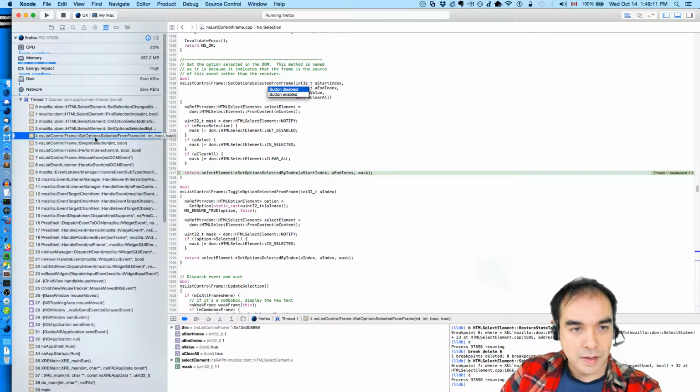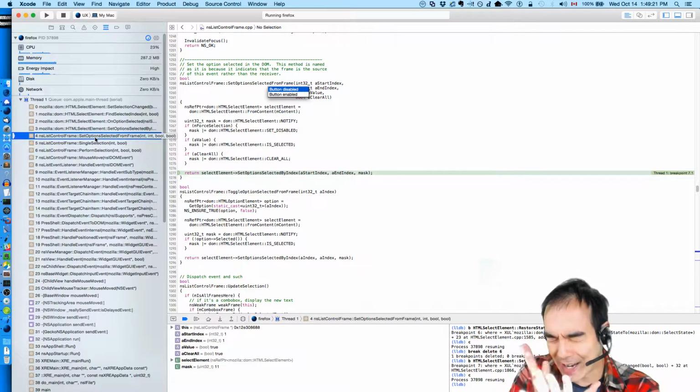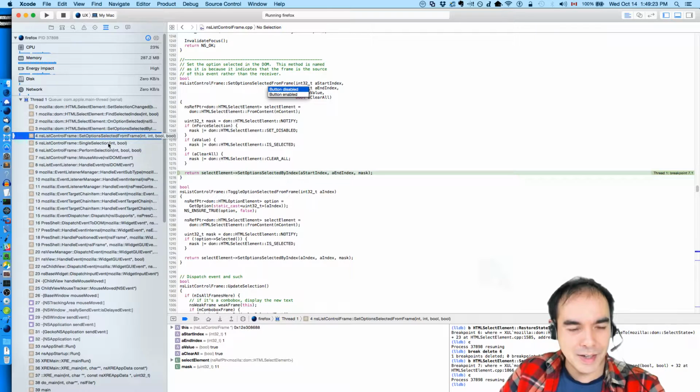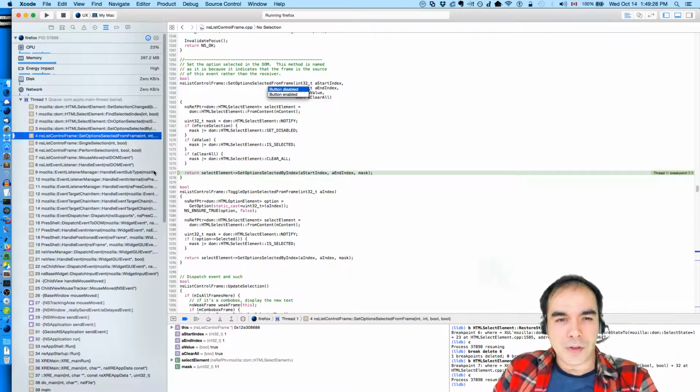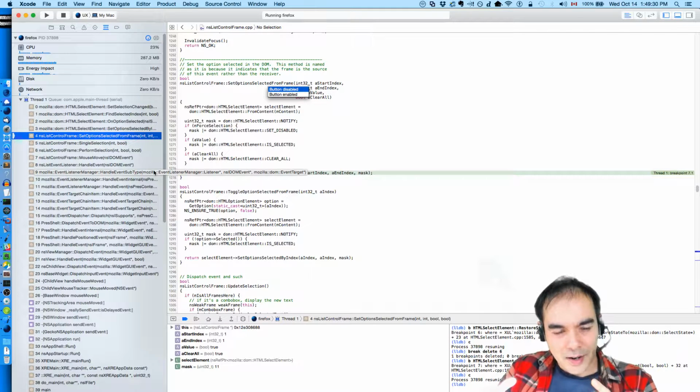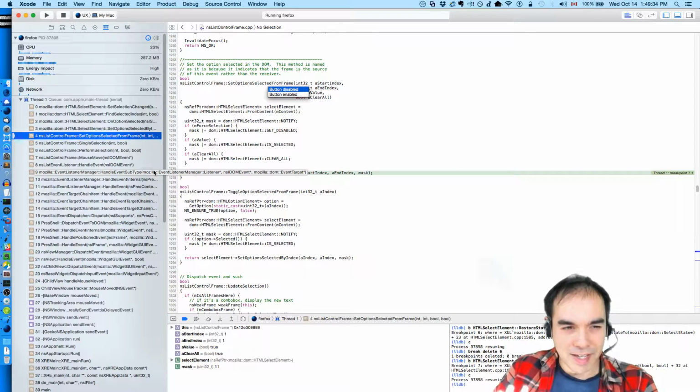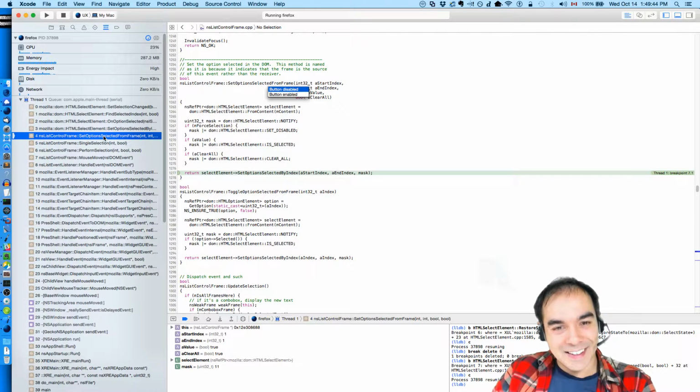There's this weird coupling between the HTML select element and the list control frame. I don't fully understand how those all tie together, but there is clearly a relationship between the two. They communicate with one another. I think an HTML select element is composed of an NS list control frame and an NS list combo box or something like that.